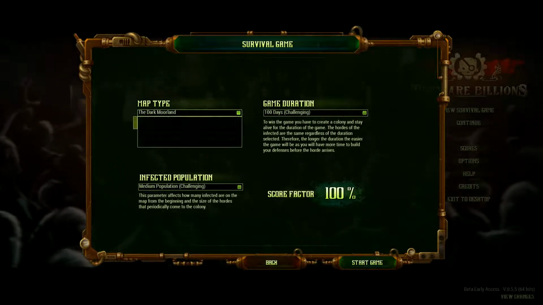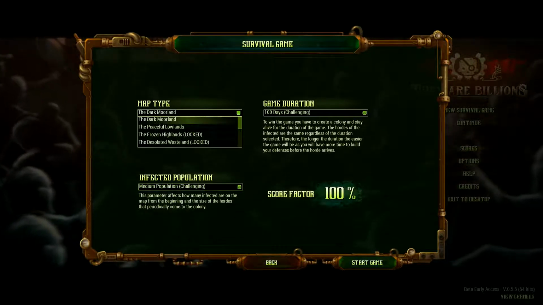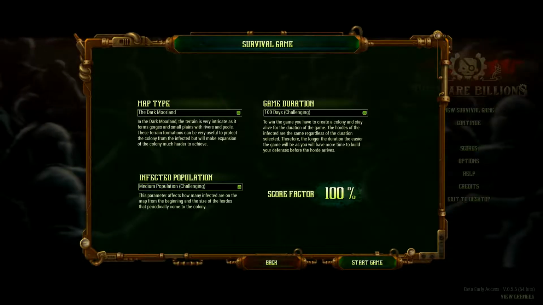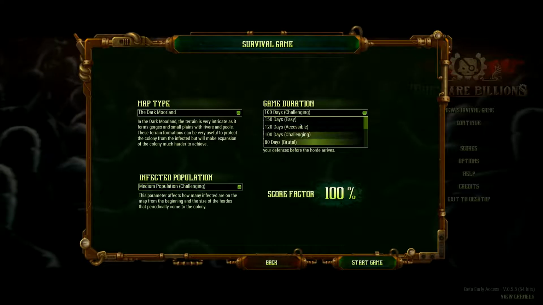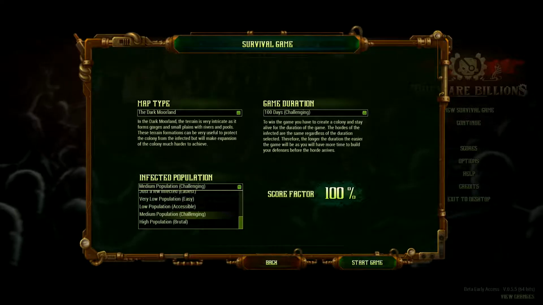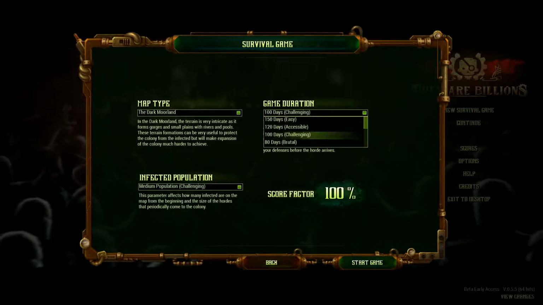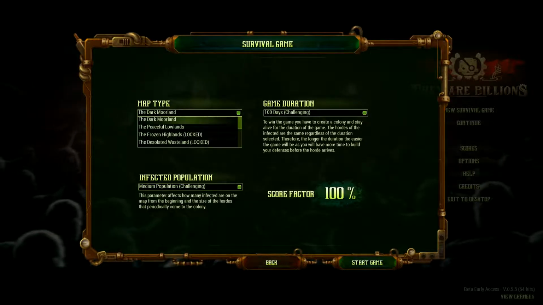So, currently they started with the Dark Moorland, and I believe after a couple updates, they expanded to these extra maps down here. And then game duration, I'm not sure if it was always 100 days or if there was always 80 days, but I think they expanded this over time. And then infected population, maybe this was always the way it was, but I definitely think that they may add different day ranges, they might add different infected population ranges, and I'm definitely thinking they're going to be adding more